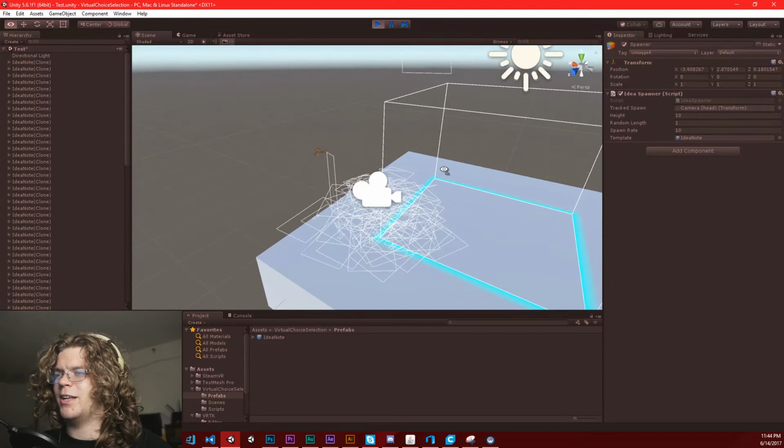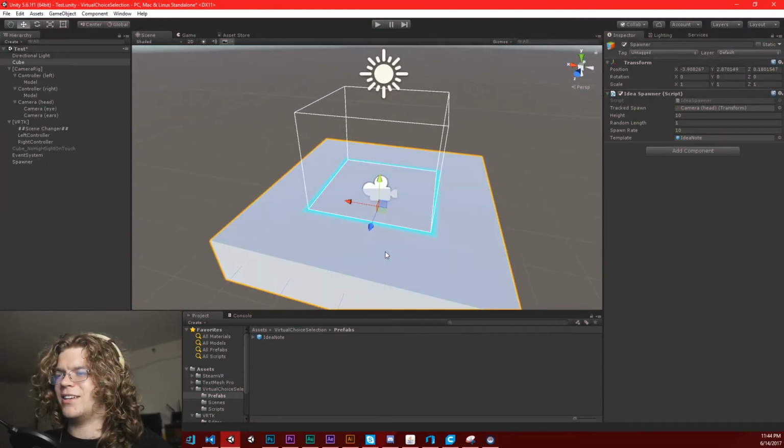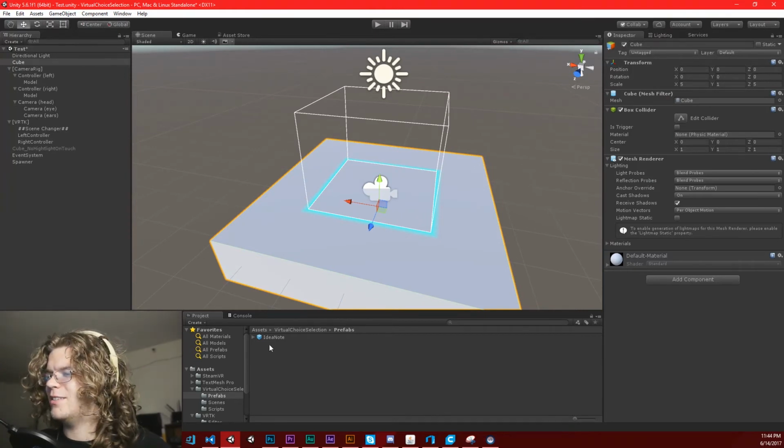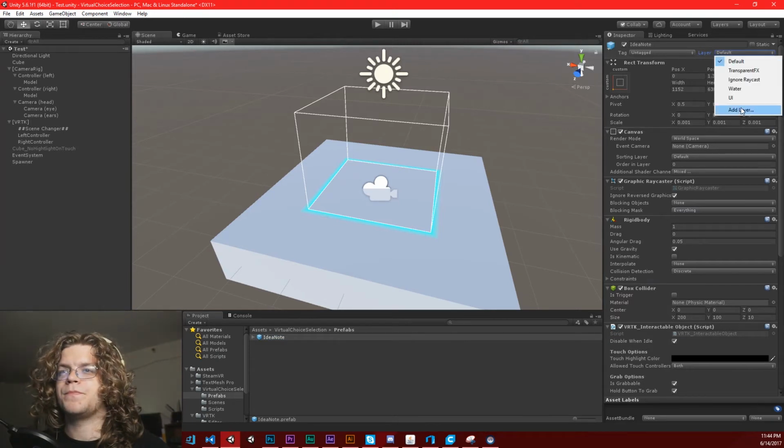Seems fairly performant, at least. So it doesn't crash immediately, which is what I was kind of expecting. We spawned a bunch of those. So I guess performance isn't awful. That's good. I'm going to switch the layer of this note here